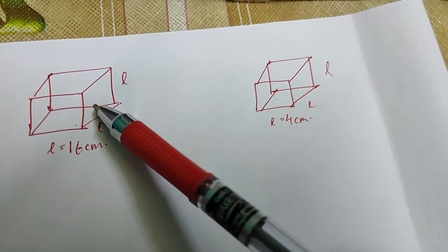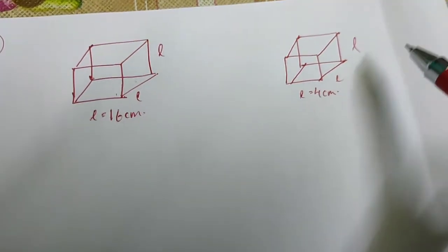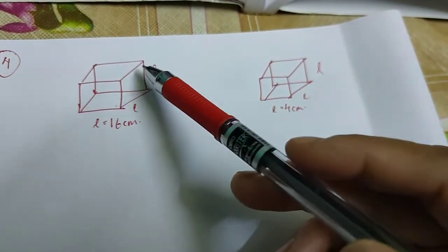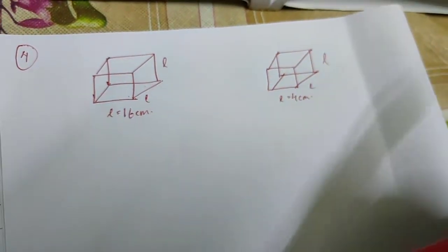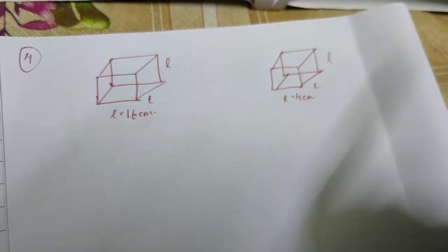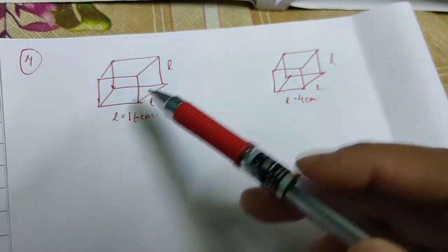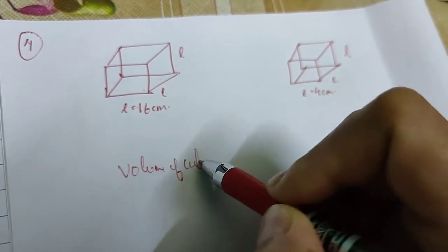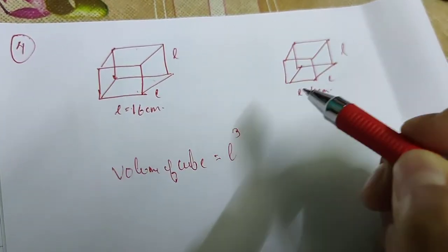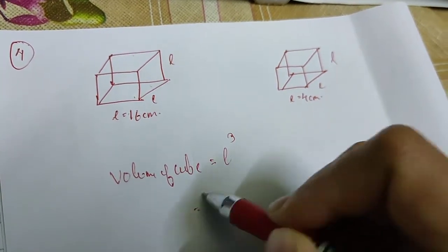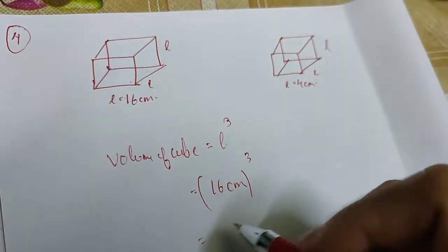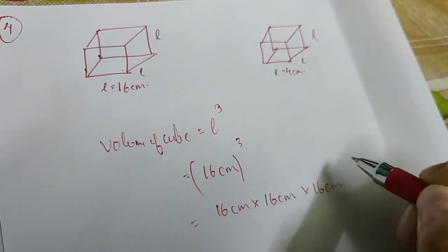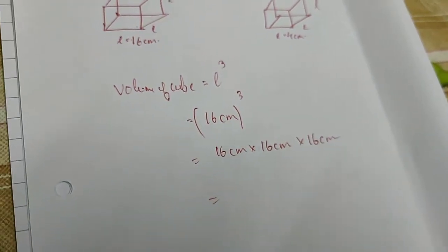Okay, once we melt the cube, we are going to melt the whole cube. That means it is volume, not the surface area or the lateral surface. Okay, we have to deal with the volume. So for this, find out volume. Volume of cube is equal to L cube. That is 16 centimeter cube. 16 is multiplied 3 times, 16 centimeter into 16 centimeter into 16 centimeter. Okay, and your answer will be